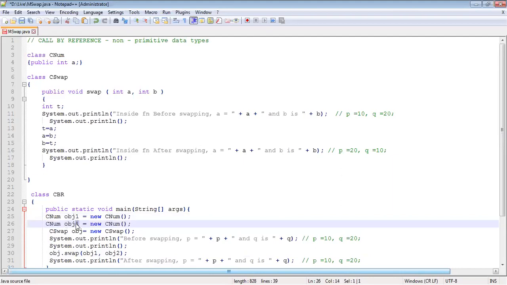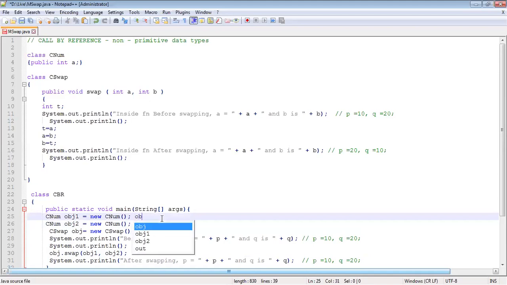I can't pass in values. Object 1 and object 2. Okay, I've got two objects. Now I need to give in values for that. I'll write it here itself. Let's say object 1. Anushri, what is the data member of object 1?